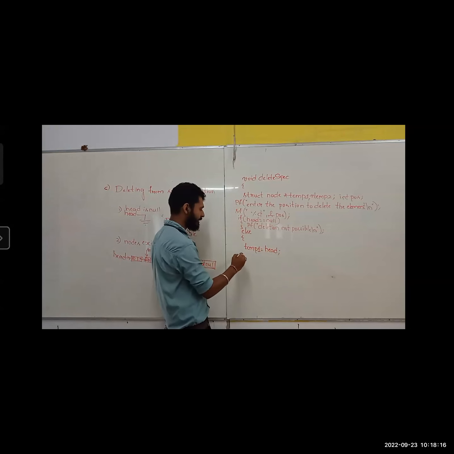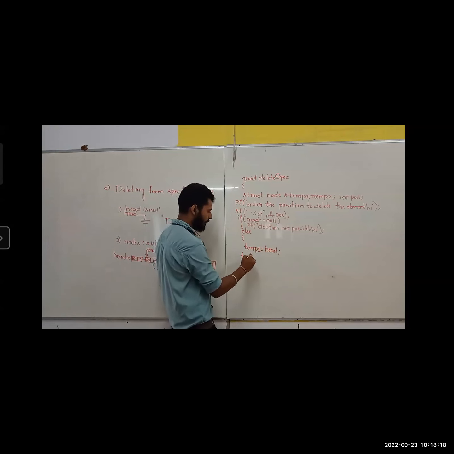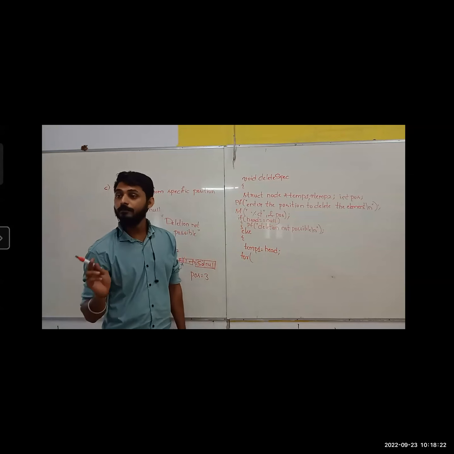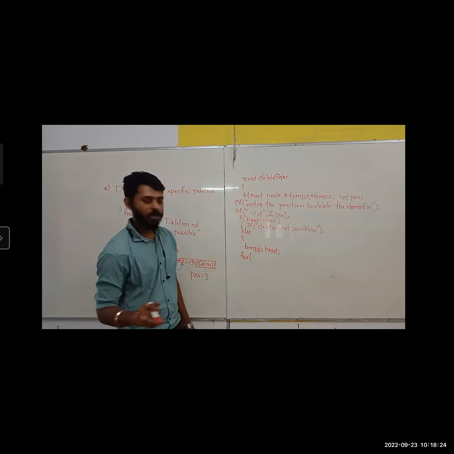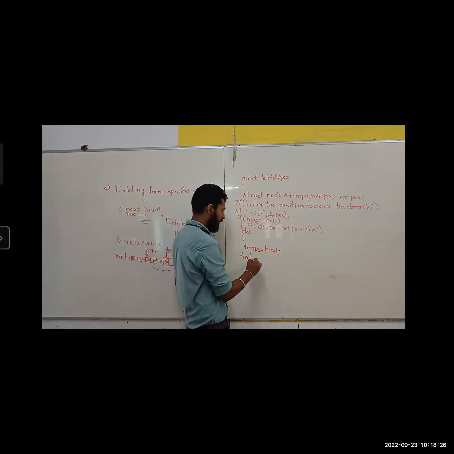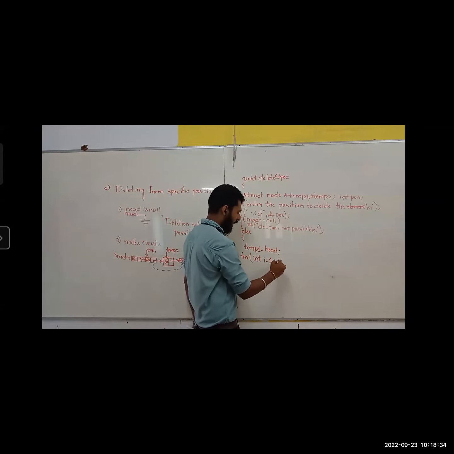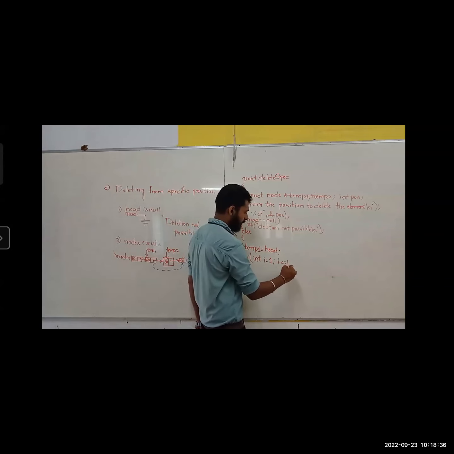How many times I should move? For number of times I should move, right? It is not depending on a condition. Based on number of times I should move. Until when? Integer type i, you should declare that. You should not do it here. Integer type i equals 1. i should be less than or equal to position.